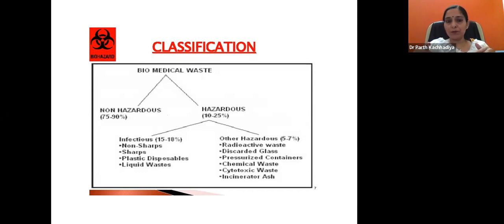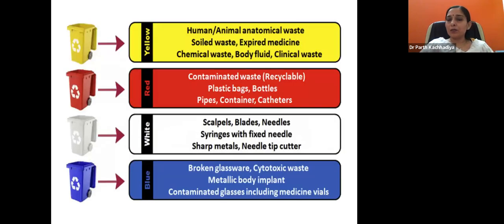In infectious waste, you have to see whether it is sharps, non-sharps, plastic disposables or liquid waste. And in non-hazardous, there will be discarded glass, pressurized containers, chemical, cytotoxic waste, and radioactive waste. Then this is the color coding system, and this color coding system which is used is universal everywhere. Many a times few changes are there, but this almost remains the same for each and